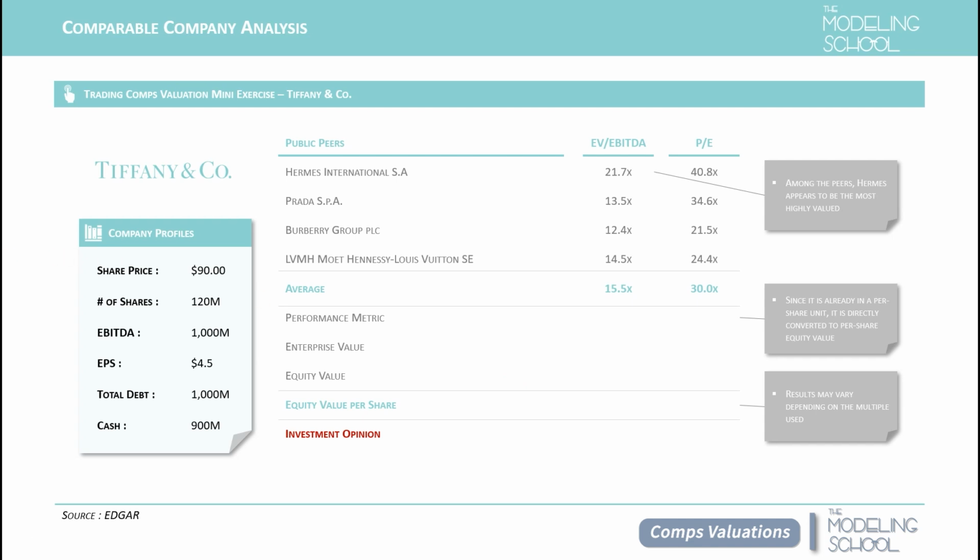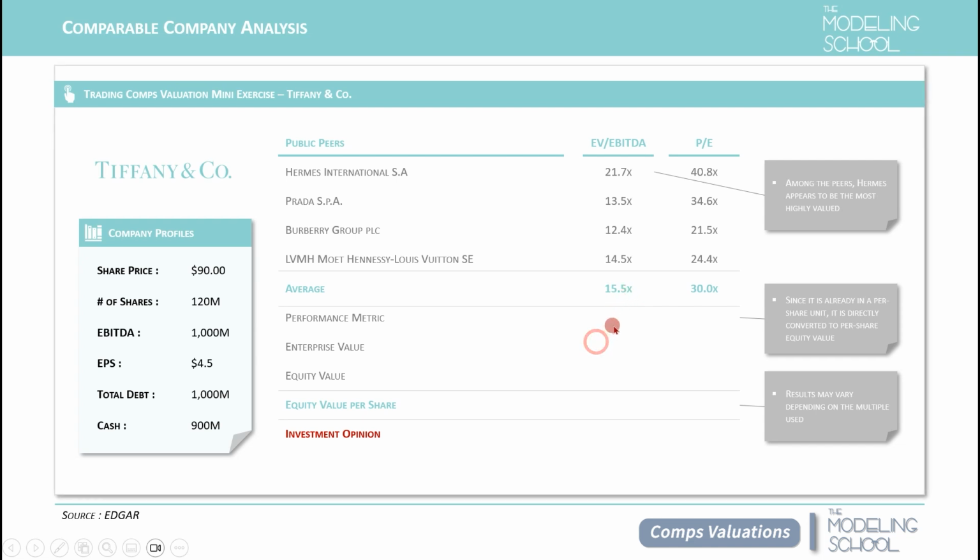All right, so let's get back to the problem. Where should we start? Because the EV/EBITDA multiple is on average 15.5 times, what do we want to multiply on this multiple? We want to multiply the EBITDA for the EV/EBITDA multiple, and we want to multiply the EPS for the PE ratio. By doing this, we're left with Tiffany's enterprise value because EBITDA will be canceled out in the calculation. So Tiffany's fair enterprise value comes out to